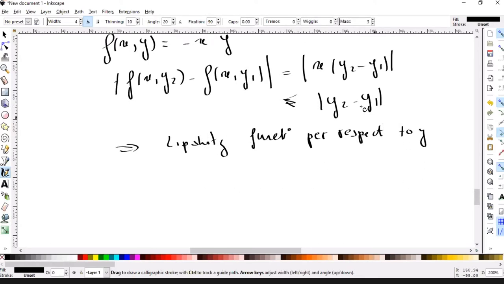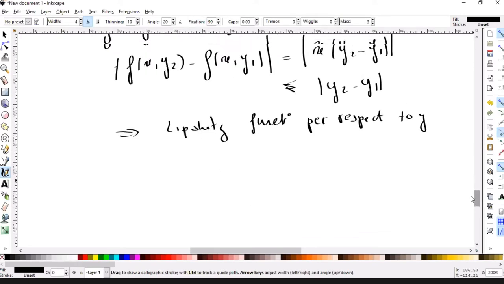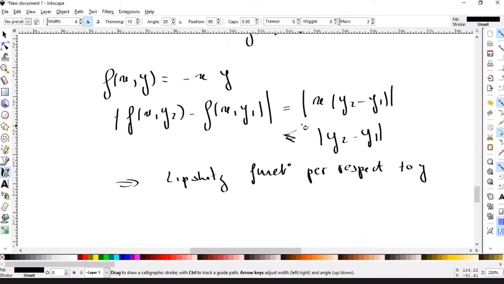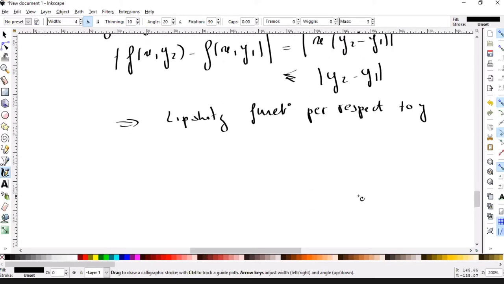This is a Lipschitz function. This is even a contraction, with respect to y. When the constant is inferior to 1, it's a contraction. In any case,